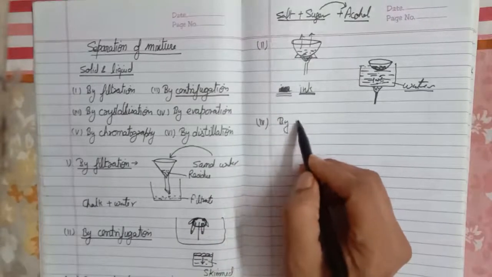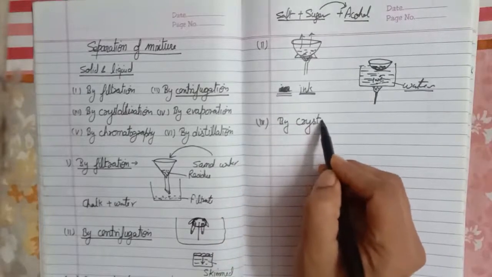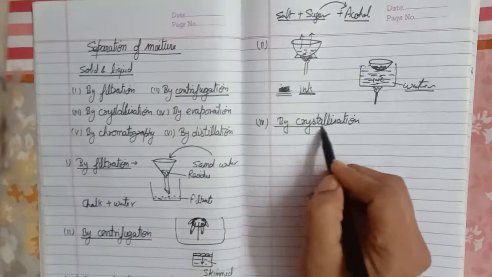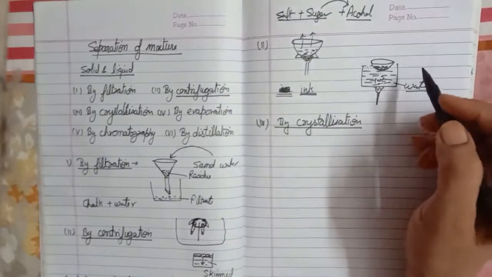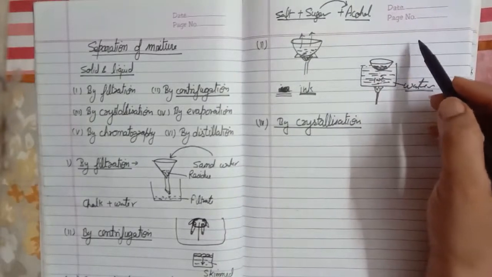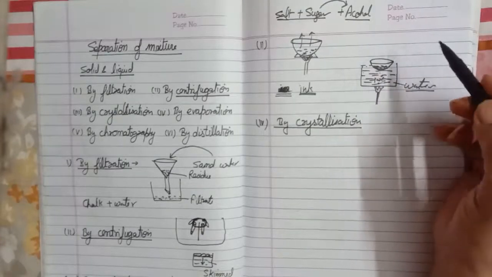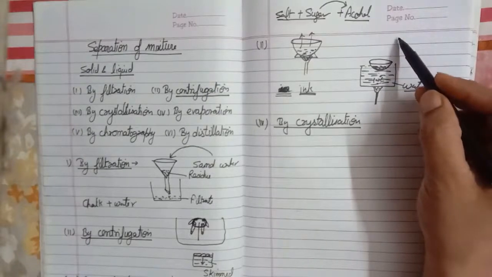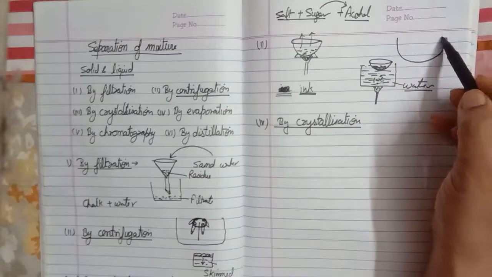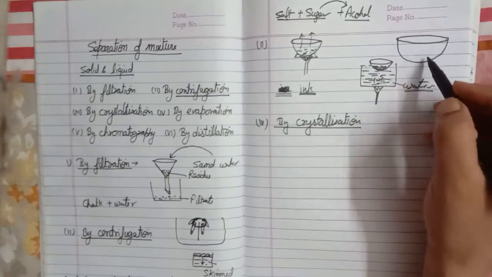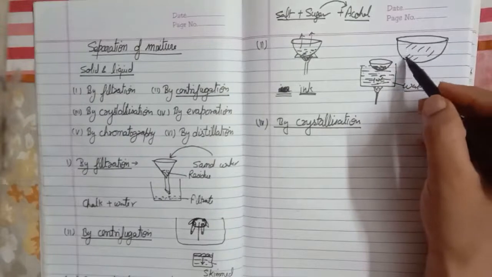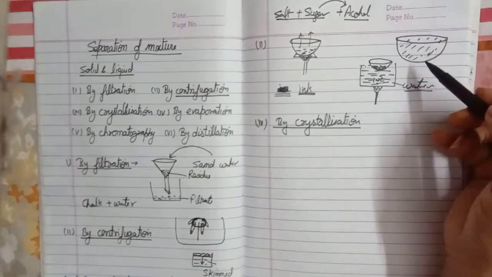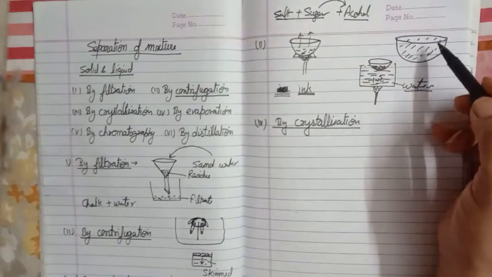So that was crystallization. Okay, one more example for evaporation is that we use this method for evaporating the water from sea water. If we evaporate the water from sea water, we get salt left behind. We place the sea water in large lagoons. These are called lagoons, in which we place the sea water, and we leave this seawater in sunlight.